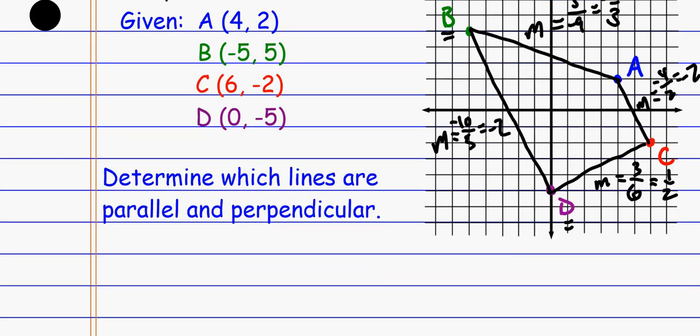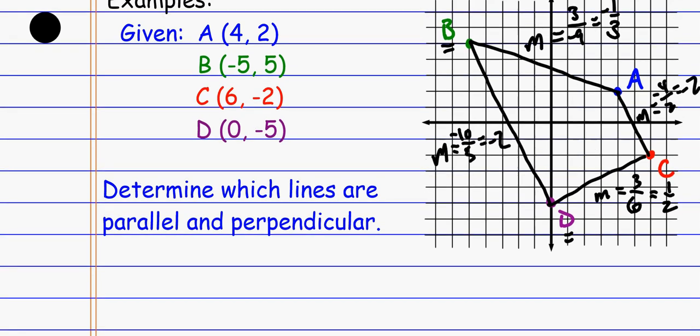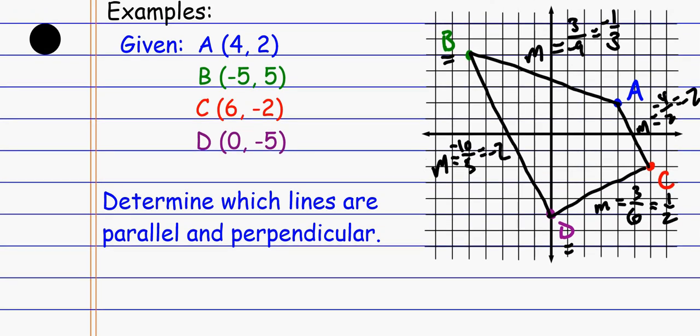In order for lines to be parallel, the slopes have to be the same. Do I have any slopes up here that are the same? Well, yeah, I've got a negative 2 over at BD, and I've got a negative 2 over at AC, so those are parallel lines. So line AC is parallel to